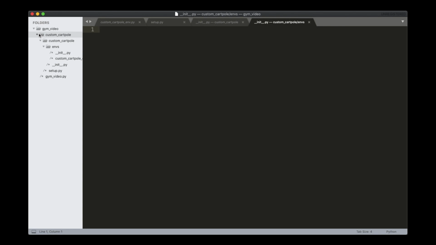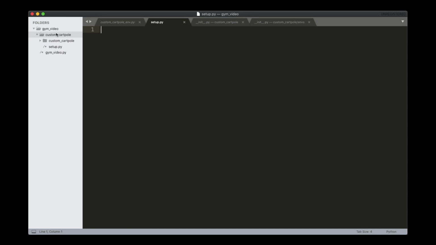There, now our folders and files are properly organized as needed. Just to quickly recap, the innermost folder named envs contains the wrapper to the environment and an init file. The envs folder is enclosed within a folder called custom_cartpole, which contains another init file. And the parent folder of this is also called custom_cartpole, which contains the setup.py file.